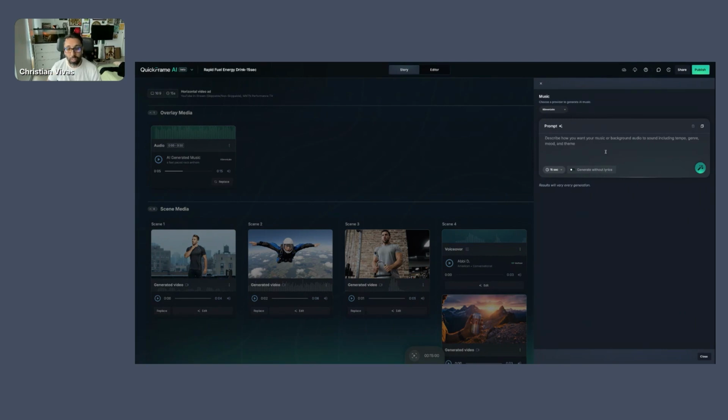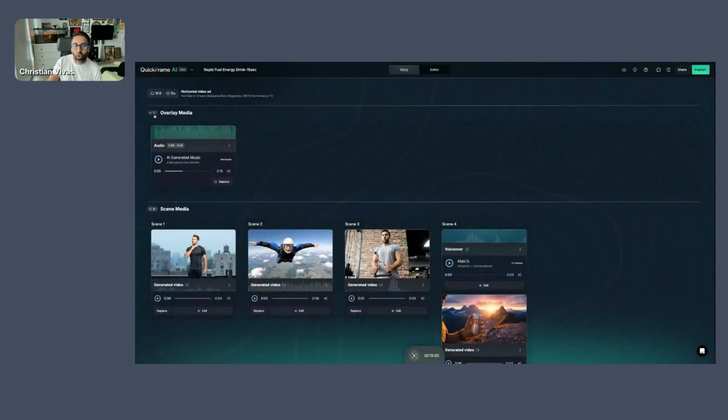This will open up our container to be able to generate music. The amazing thing about this now is we can just from a prompt be able to generate a song, and we can choose the duration of our songs, which is 15 to 30 seconds. We also have now new capabilities to be able to add lyrics to our music, which opens up the possibilities to generate, number one, songs for our brands, and number two, very beautiful jingles that we can create off of this platform. So with an easy prompt and just selecting generate lyrics, we will be able to generate a jingle or a song with lyrics for our brands. Beautiful. So that's overlay media.